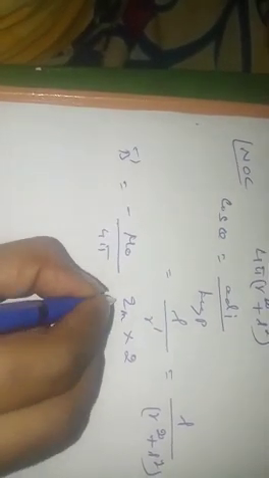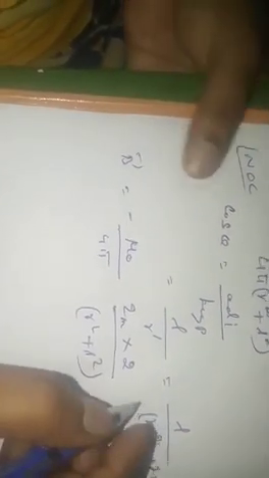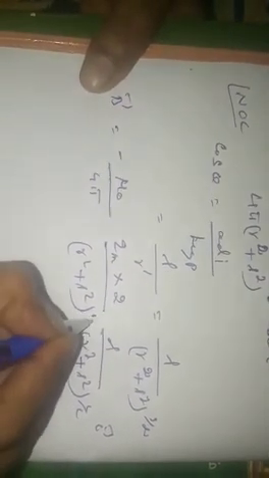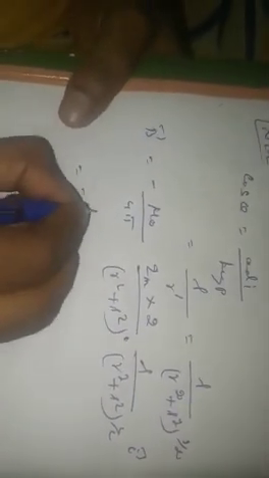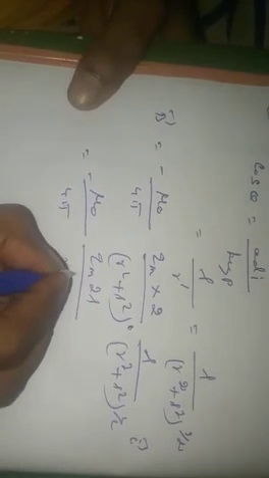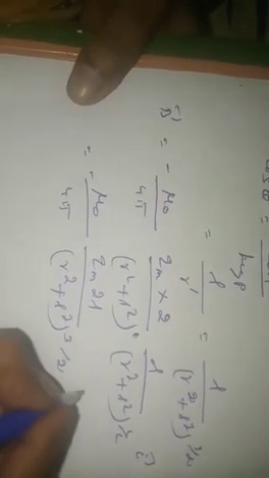Now substitute the value. B vector is equal to minus mu naught by 4 pi Qm into 2 divided by r squared plus L squared. Instead of cos theta, I can write L by r squared plus L squared whole to the power of 1 by 2, into I cap. Here whole power 1, so 1 plus 1 by 2, 3 by 2. So it will come minus mu naught by 4 pi Qm 2L divided by r squared plus L squared whole to the power of 3 by 2 into I cap.